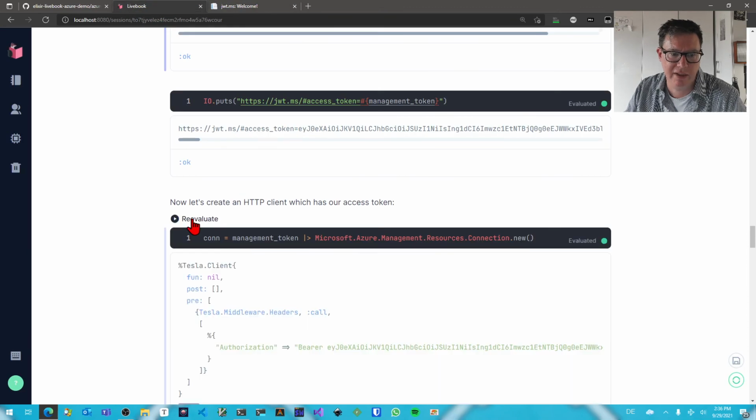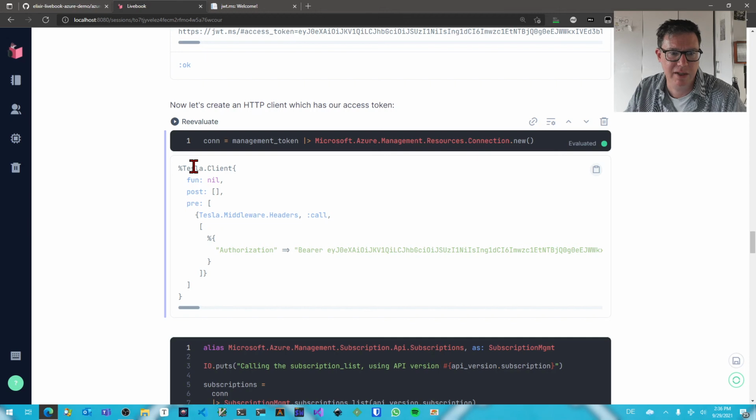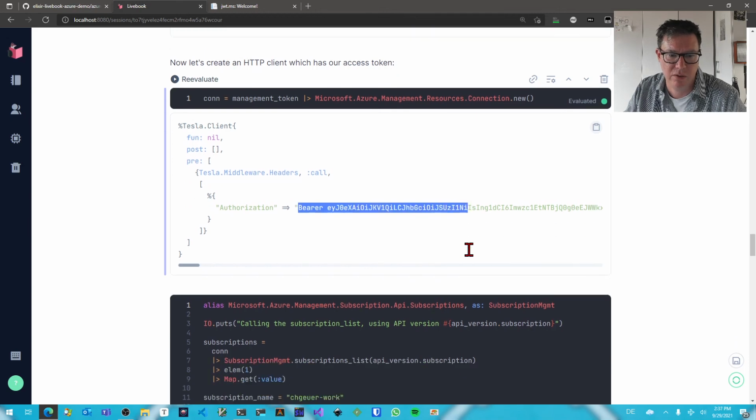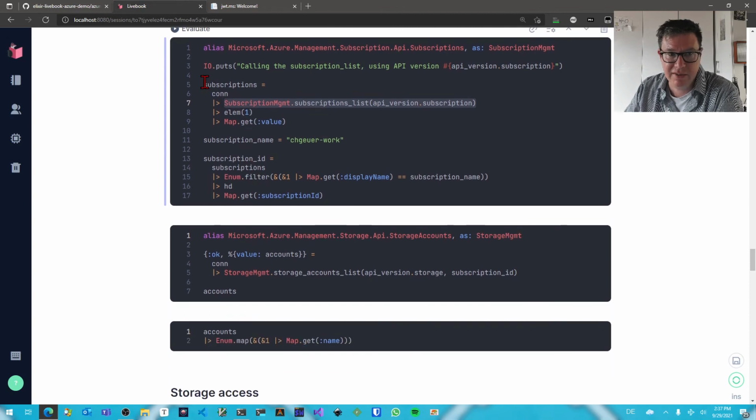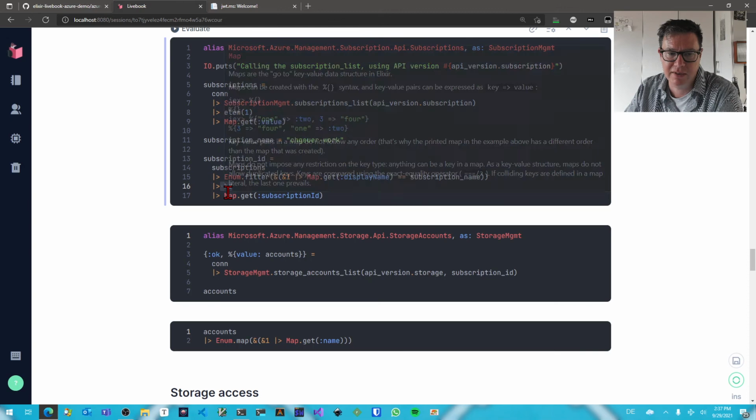We create an HTTP client. So here Tesla is the HTTP library which I'm using, and it now uses this Bearer token to sign in. So now what we can do is we use this connection which contains our token and call the subscription management subscription list API in a certain API version and get the value. And this is a list of all the subscriptions that I do have access to. And I'm then filtering these subscriptions down to pick the one where the subscription's display name is equal to ch-Geuer work. And then we select the head of the list, the first element of this list,